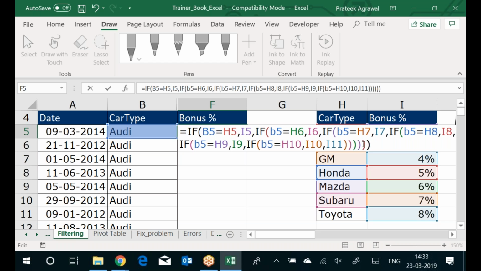And how do you decide an inner function has to be closed? When the arguments are complete. Don't go by color matching. Color matching happens when you start closing, they will start showing you the color matching. So that has nothing to do with whether you've closed at the right place or the wrong place. What you're going to decide is whether your